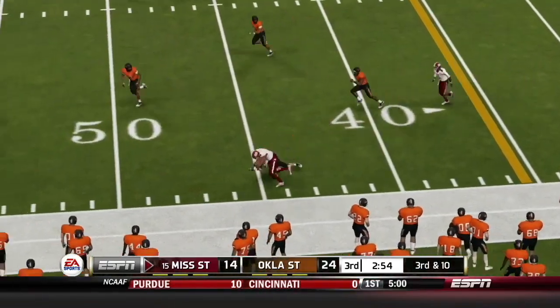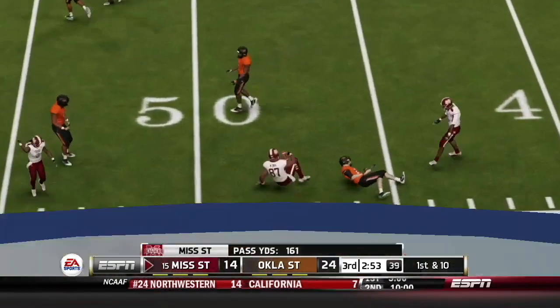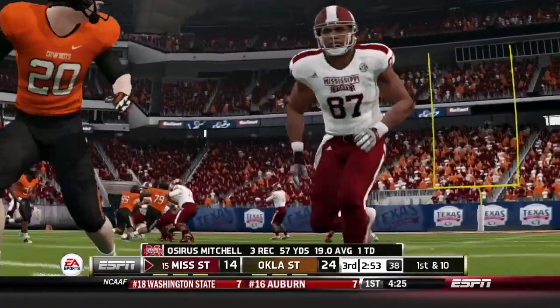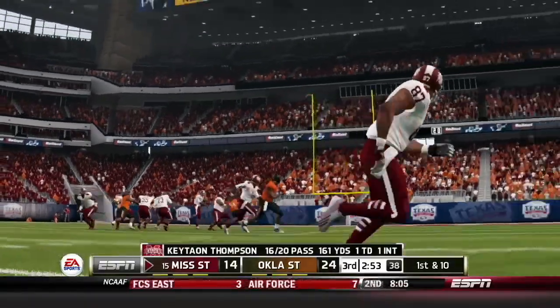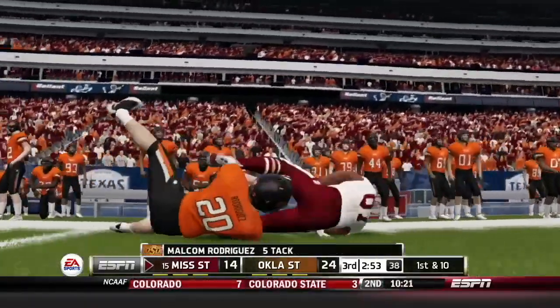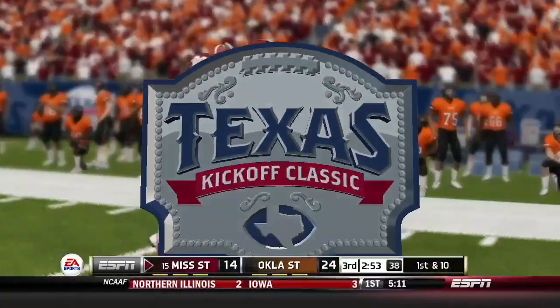3rd and 10, that's a nice catch right there to move the chains for Mississippi State. They've got 161 passing yards so far. Osiris Mitchell there, the big grab to move the chains. And we will see if Mississippi State can answer back, get it back to a 1-score game here on this